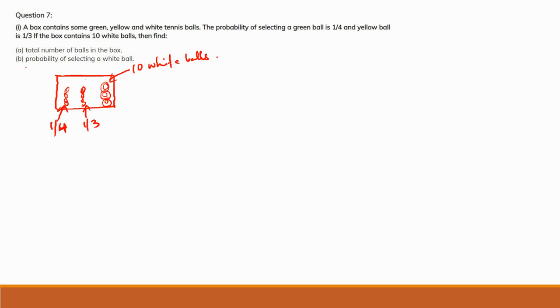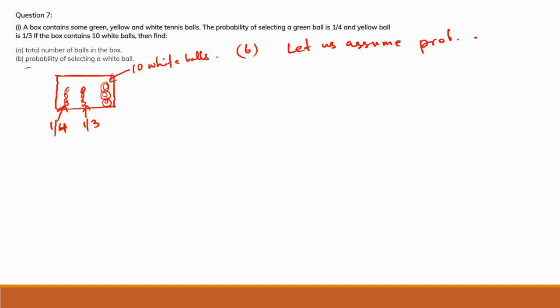So let's do B first. Okay, it will be more simple. If you are given some balls and you are to pick one random ball, then at least you will pick one ball, right? It can be either green, yellow, or white. But if you are to pick one ball and you picked one ball, that probability will be one, right? So let us assume